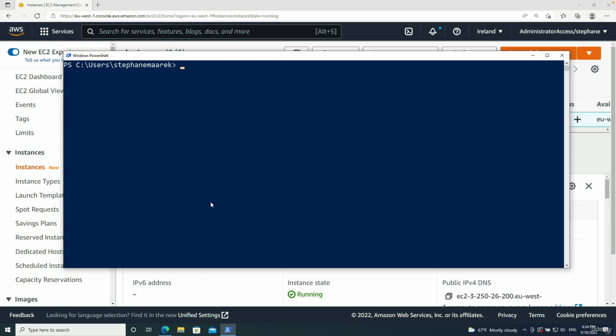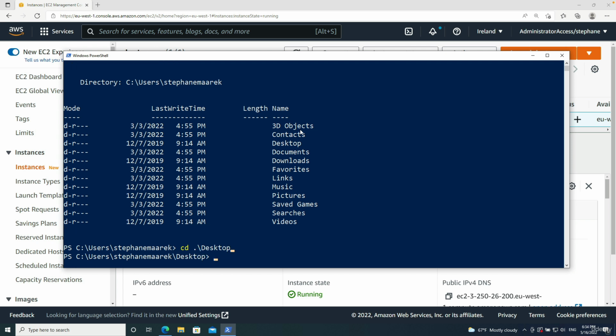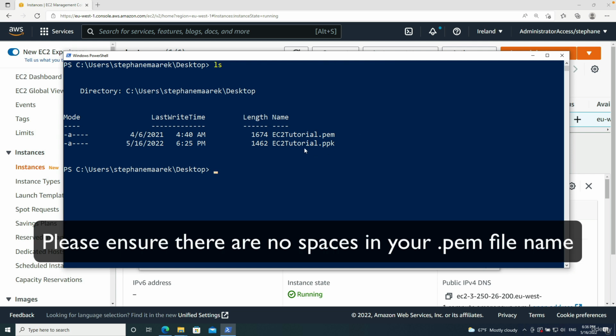So the first thing I have to do is to be in the directory of where my PEM file is. So right now I'm in C user Stefan Marek and I do ls, and as you can see, I don't have my PEM file because it's under for me on the desktop. So I do cd desktop to just change directory. I clear my screen. Then I do ls again, and I can see my ec2tutorial.pem file, which is the one